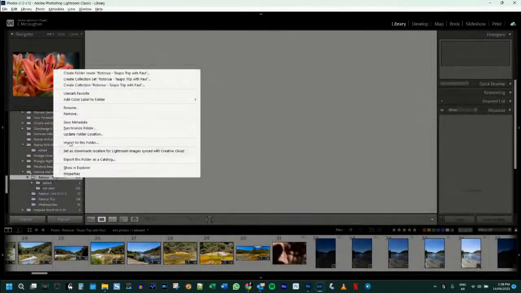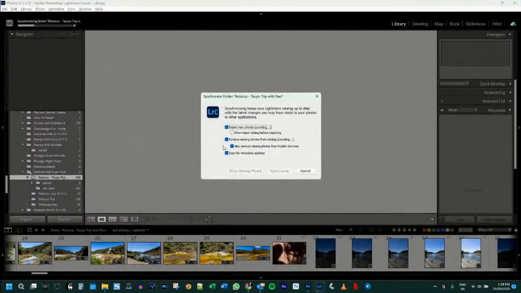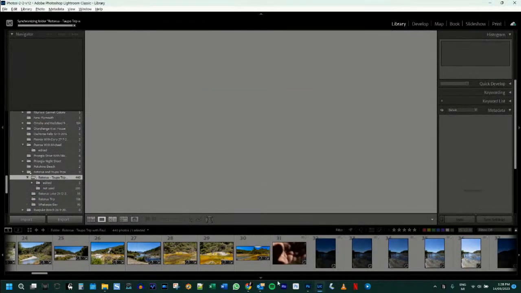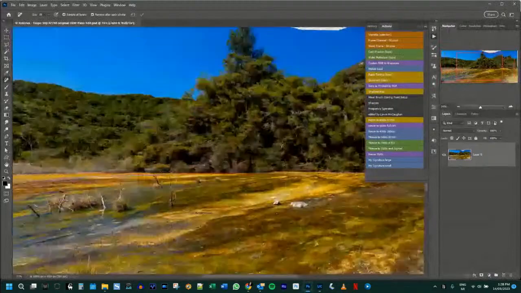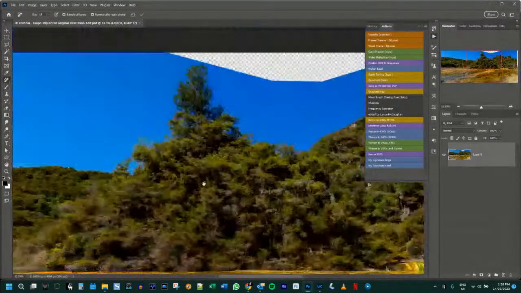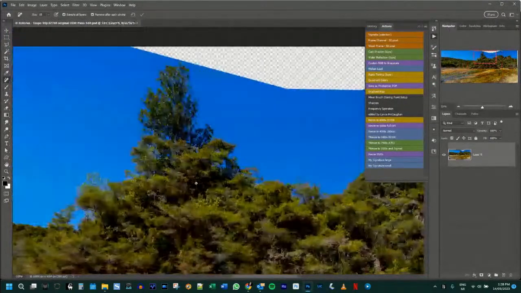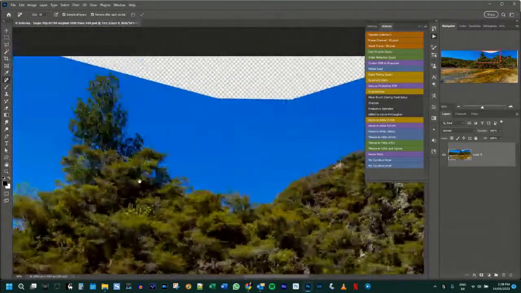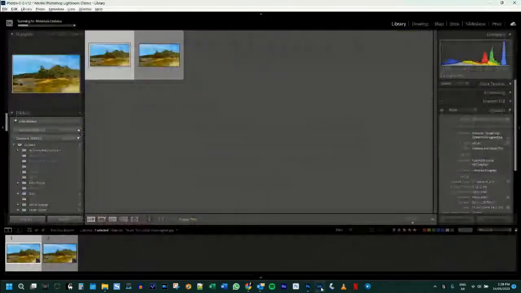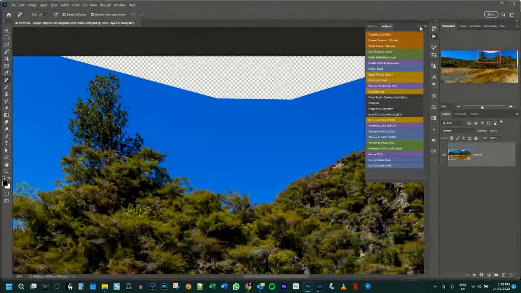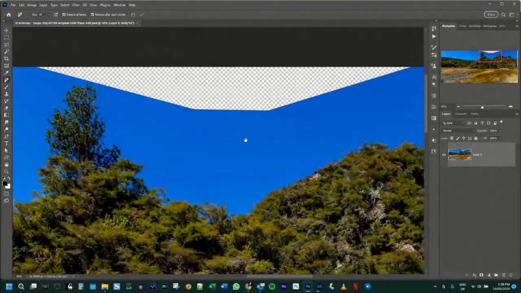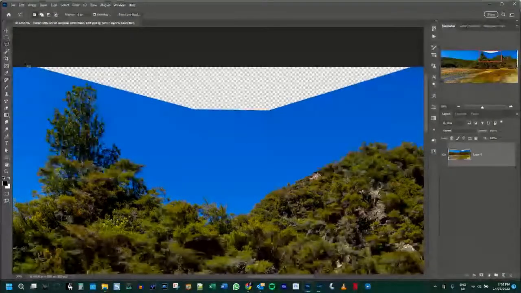Go back to here. Synchronize that folder. While it's doing that, I'll go back to Photoshop and finish this off. Now, hopefully, if I'm careful enough, close that down,